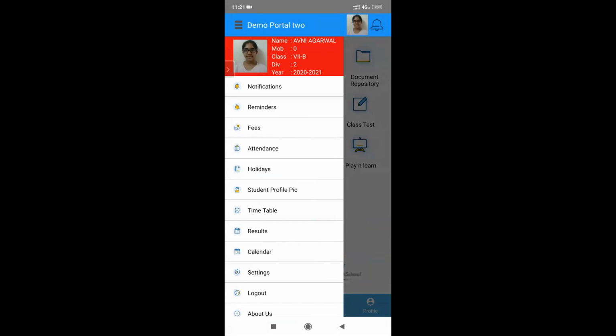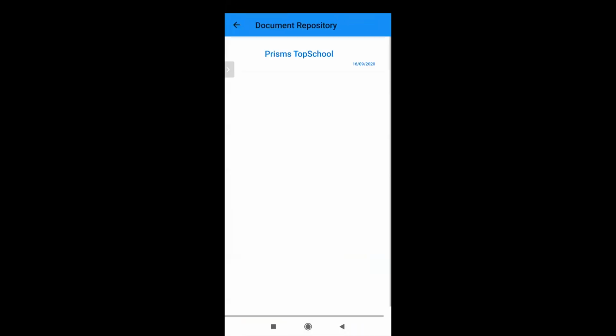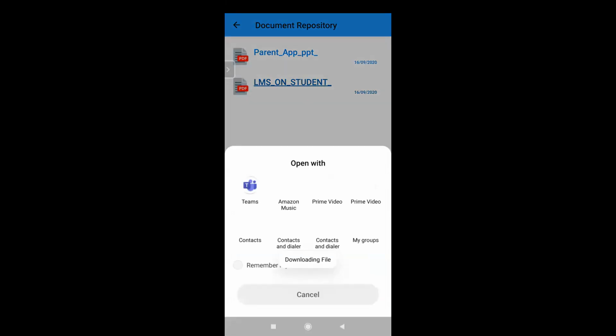Okay, so this is how we are going to see it. We can just show that, and we can download that particular file.